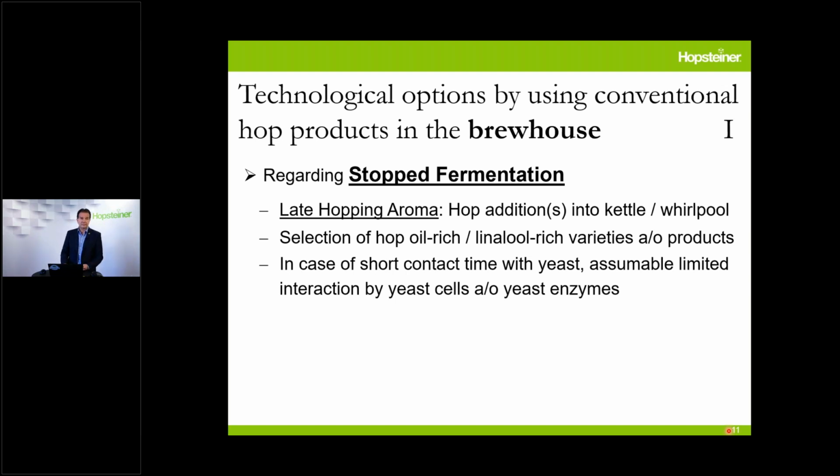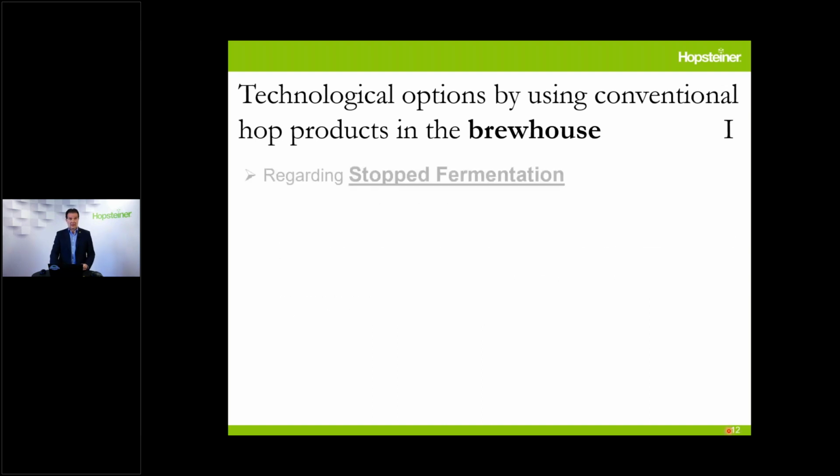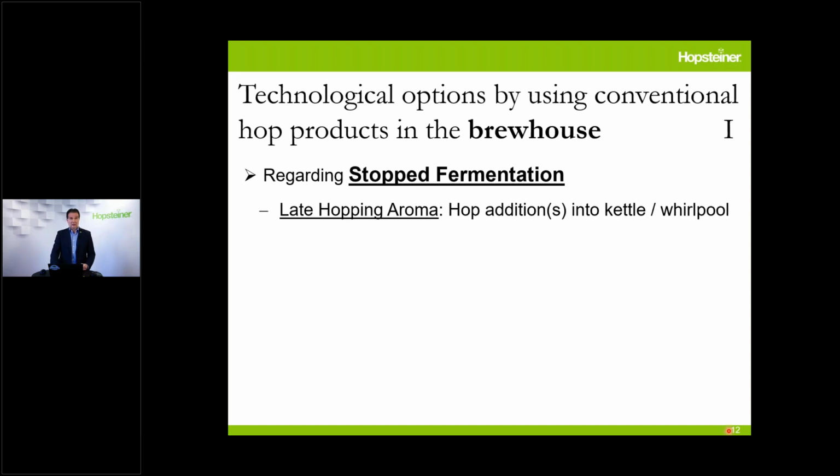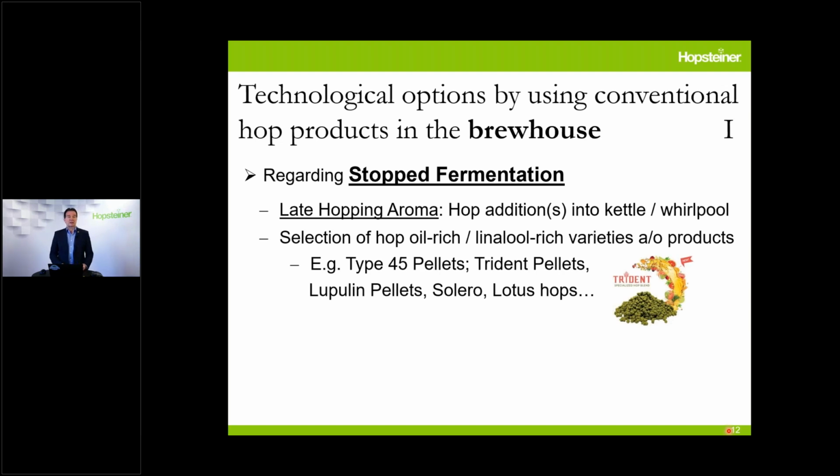So we can also use, yes, we also will have a little bit of biotransformation, because we have active yeast cells there. They do not make this big fermentation, and they maybe help so that the cells absorb a little bit of the volatiles like myrcene, and also the enzymes of the yeast have a positive impact on the formation of certain compounds like linalool, like geraniol, and so on, on all the precursors as well. So that's something that we can handle, but on the other hand, we have to know that in case of stop fermentation,